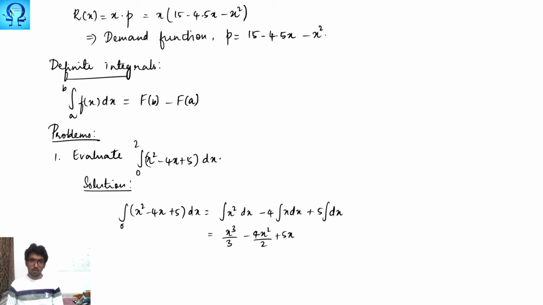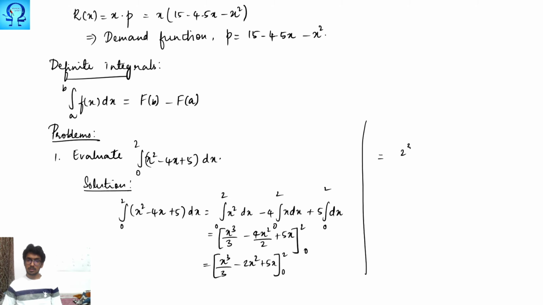Now you have limits 0 to 2, so which means this is what you are going to do. First find this and write like this. And this is x cube upon 3 as it is, and this may be written as 2x squared plus 5x, from 0 to 2,